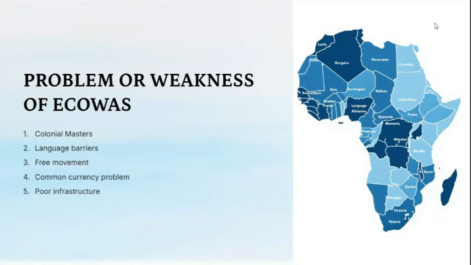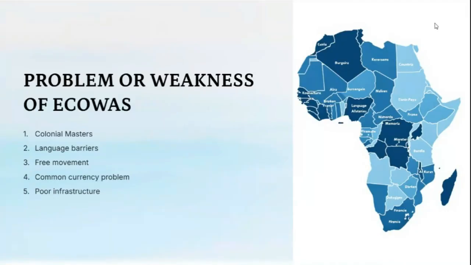Then another problem is free movement. Free movement, as provided by the Charter of ECOWAS, is no more automatic because of the socio-economic implications for member states. You can't just say you want to move your goods, you want to sell your goods, just the way we saw in the objectives, and move from Nigeria and enter Ghana easily. It's difficult. You must go through a lot of processes. Therefore, free movement is actually restricted. So how will you sell your goods? You will pay a huge amount to transport your goods from here to another country or import goods into the country.